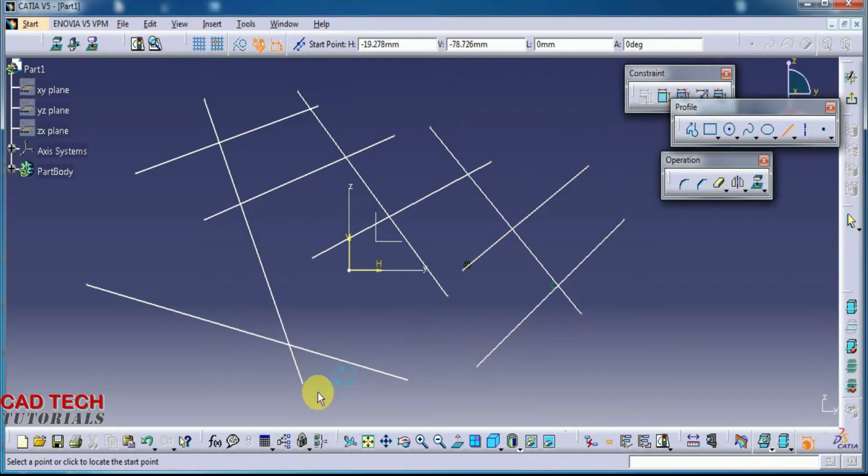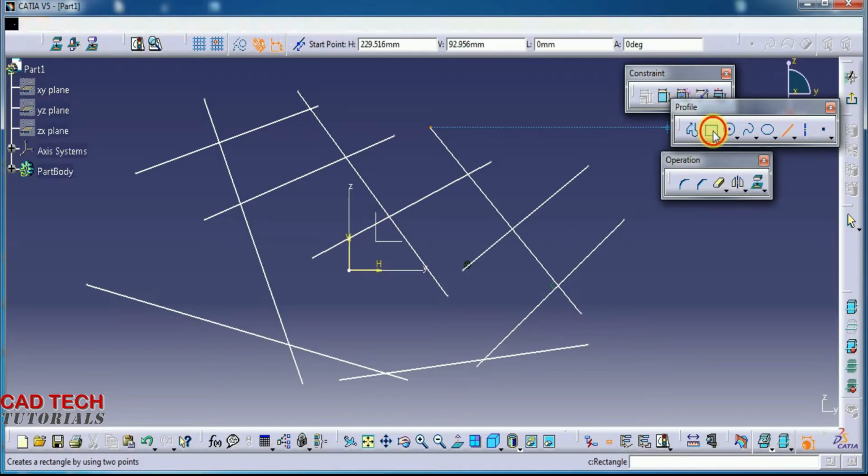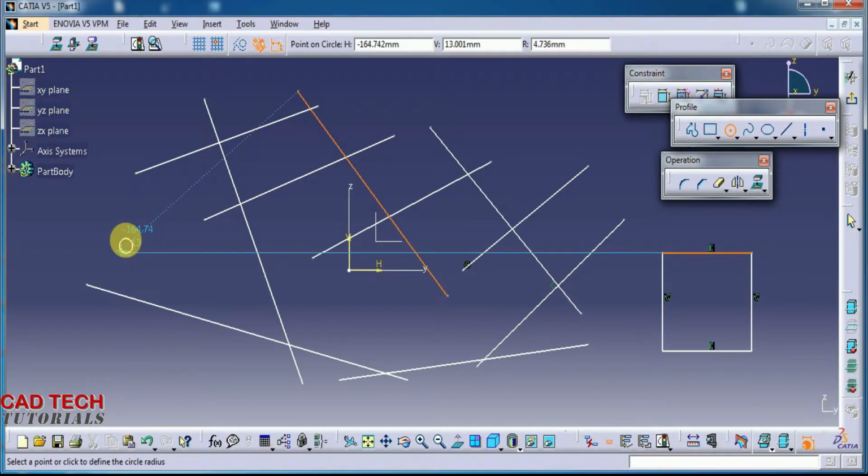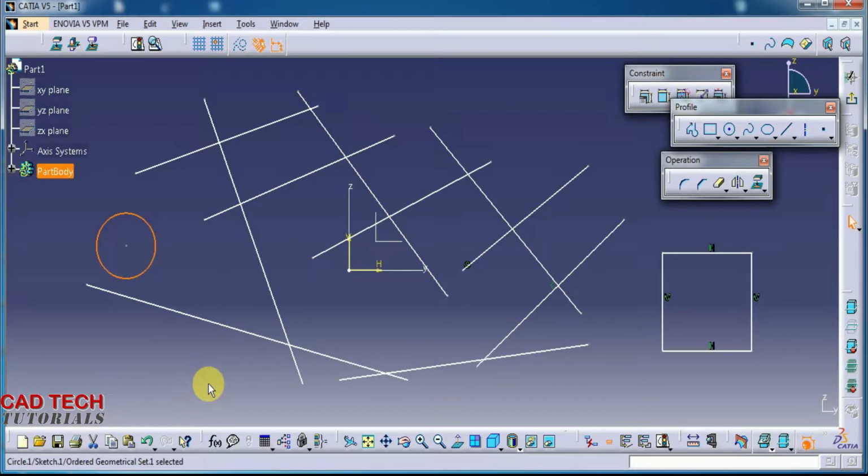I'm drawing randomly. There is no particular idea. Okay, let's draw a small one. Then why don't we draw a circle? Let's see, we will draw a circle also. Does it work on a circle or not? Okay, let's select